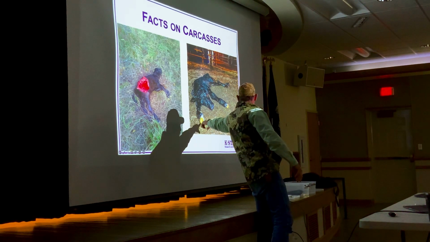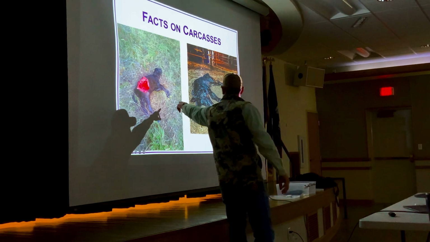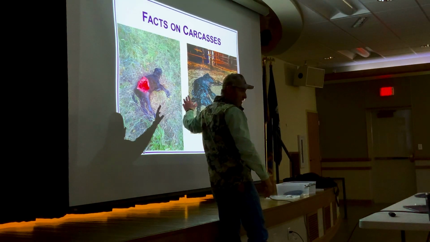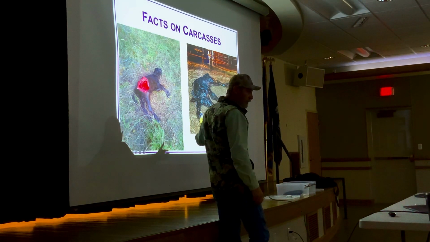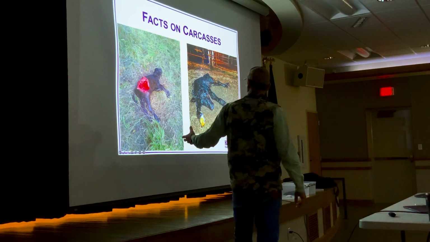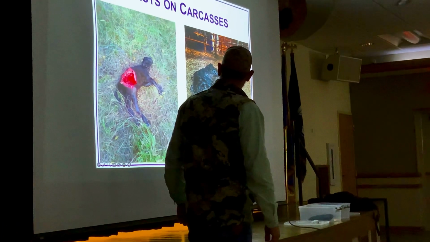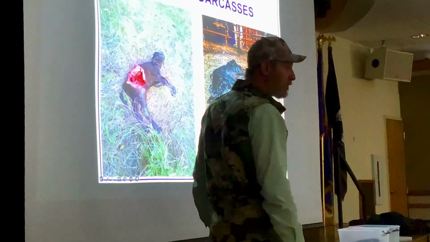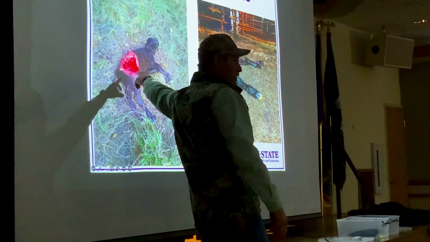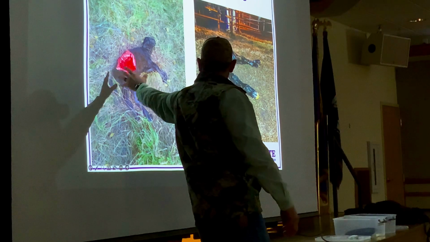This is how they look when they come out. Those pretty well look the same. They get scarred up really quick. They change color really quickly. So that's something I'm going to look at. What else? No blood. Okay, all the blood's inside the carcass, right? It's not all over the place.